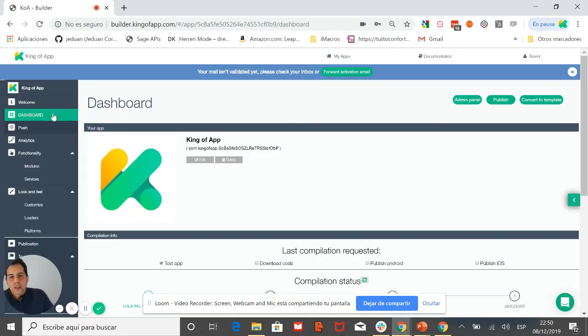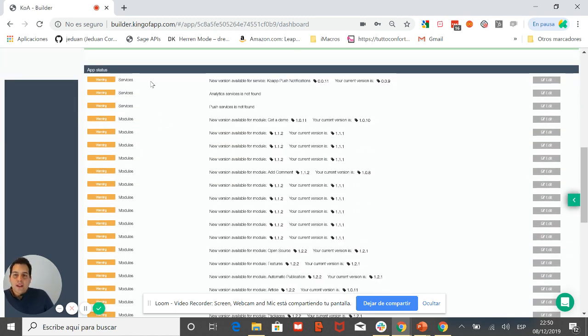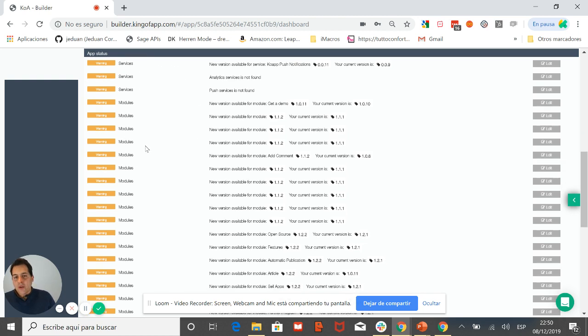In the dashboard, you can find your app, how the compilation works in your app, if there is some mistake in your last compilation, in which step it is, etc. Another section that you can find in this area is the app status. In this area, you can find